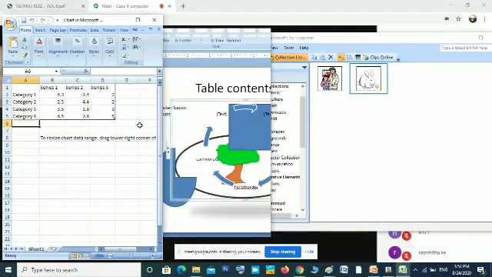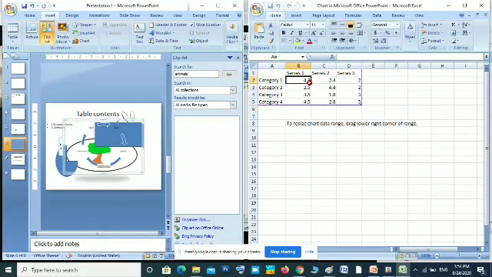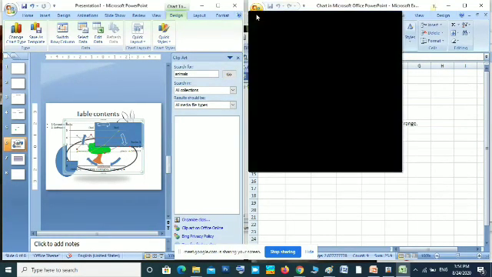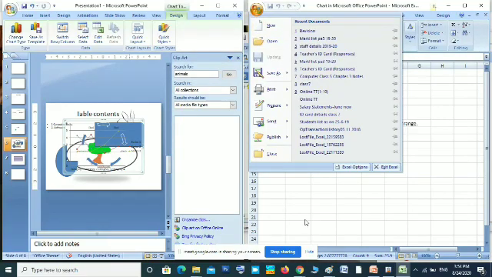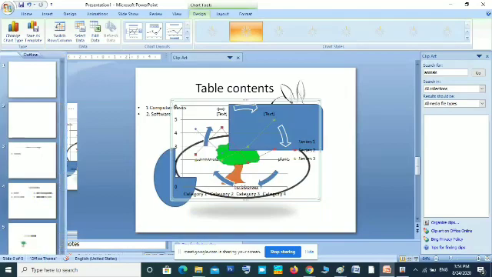In your textbook, there are pictures like this, and all this you can insert. So here you have to modify the data that you want to insert in the chart. All the headings you can change here, titles also you can change, and values also you can change. After that you have to click the Microsoft Office button and return, or you have to close this. So this data will be automatically inserted into the chart.